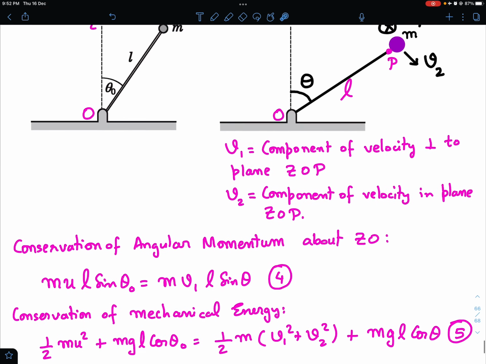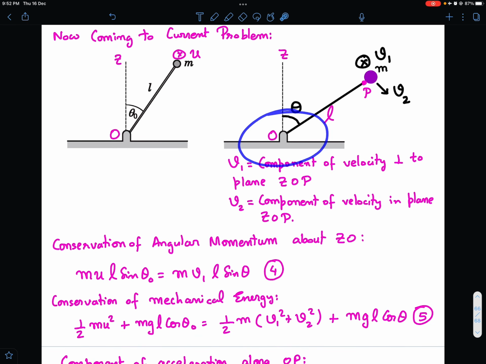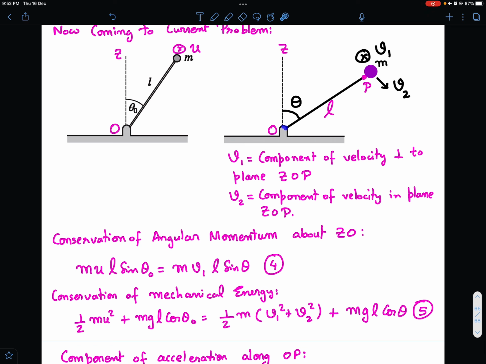Okay. Now the other equation I can use is, since there is a frictionless pivot, mechanical energy loss will not be there, so I can conserve mechanical energy. Initial potential energy: you see the vertical height is L cos theta naught, and here the vertical height is L cos theta, and kinetic energy here is half m u squared. So half m u squared plus m g L cos theta naught is the initial mechanical energy, taking this as the reference for gravitational potential energy, and this should be equal to what? Here the potential energy is m g L cos theta, and of course the speed is the square root of the sum of the squares of these two speeds. So kinetic energy is simply half m times v1 squared plus v2 squared. So this is the equation of conservation of mechanical energy.